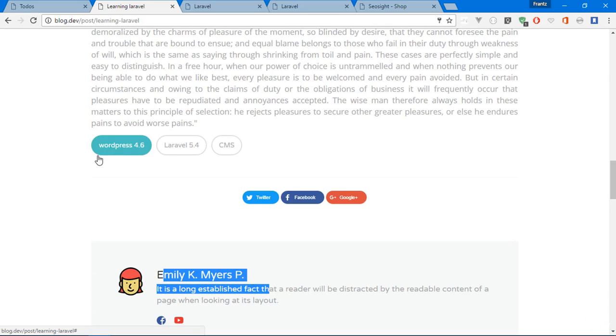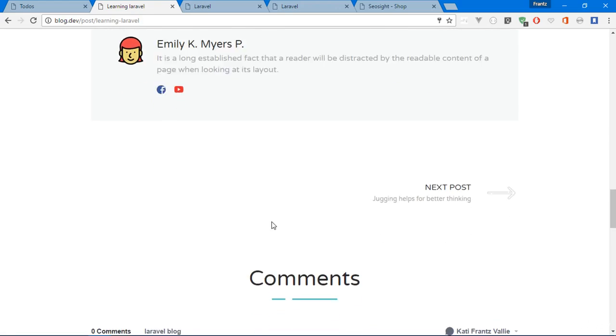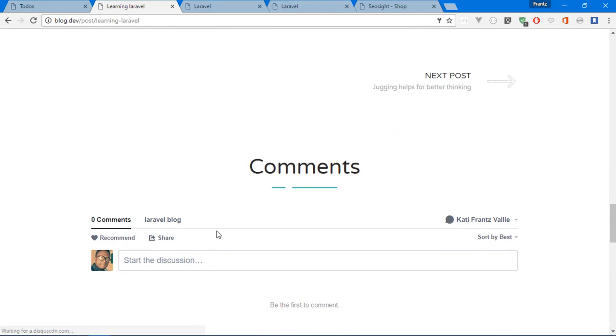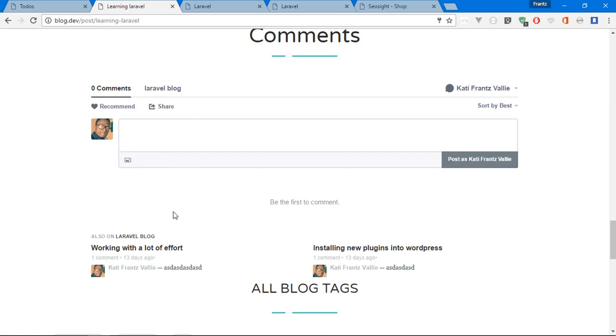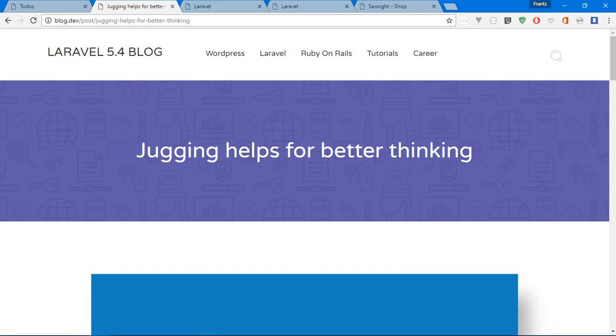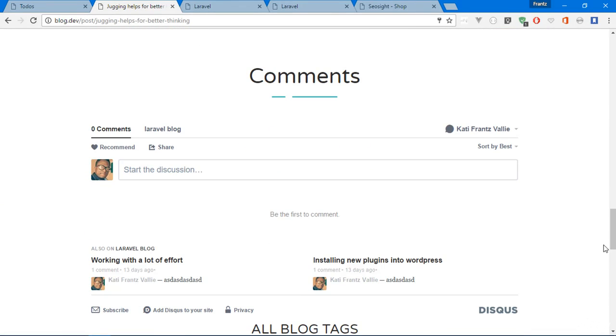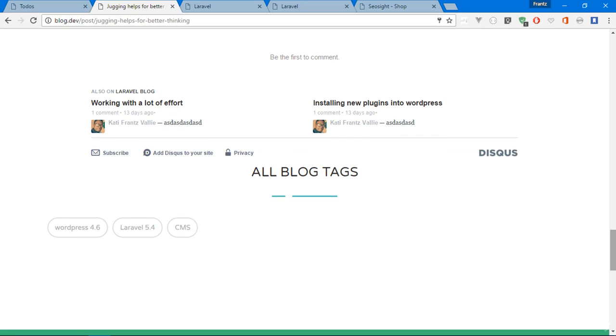We also have tags functionality, which is the best for search engine optimization. We also have sharing of posts right here to whatever social network you want. You can go ahead and add this when I teach you how to. We also have commenting right here. Each blog post has a comment chat discussion that you can implement. And one of the coolest features is that we have next and previous functionality right here. When your users are reading your blog, they'll be able to go to the next post, go to the previous post, so that they're not going to be disengaged. They're going to be engaged in your content.